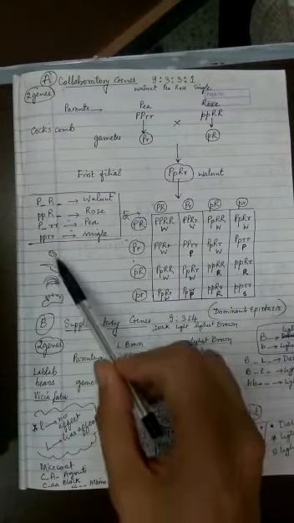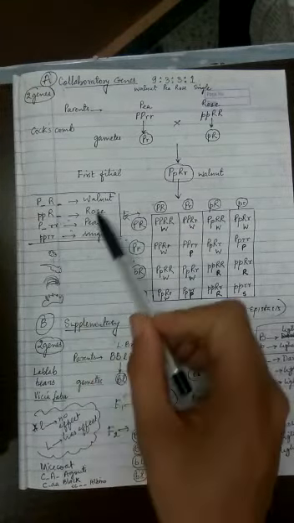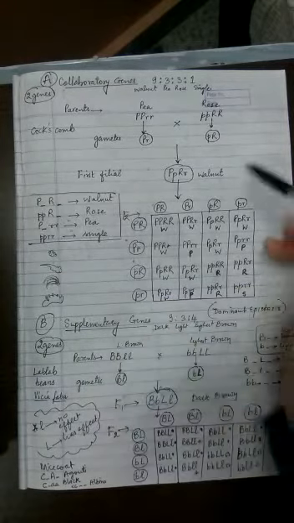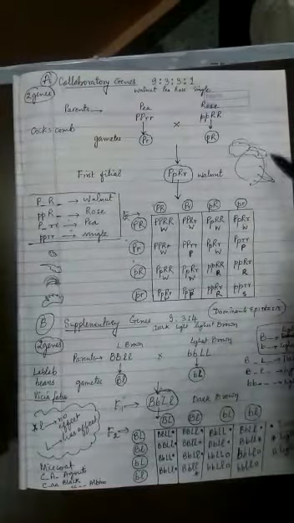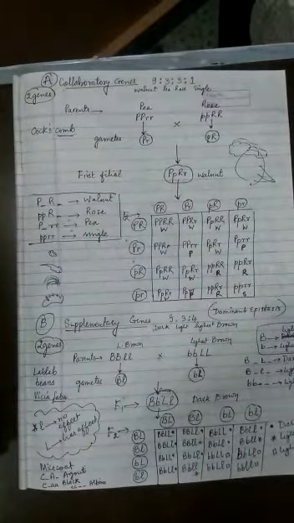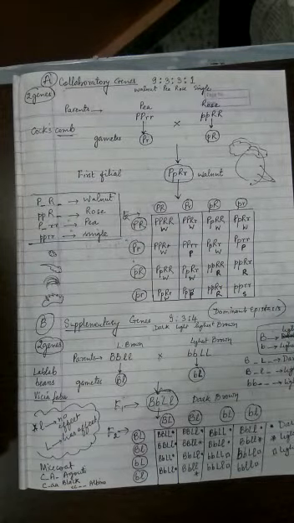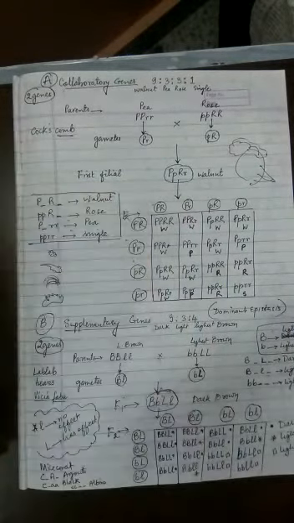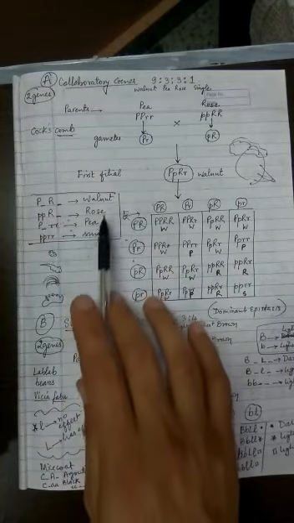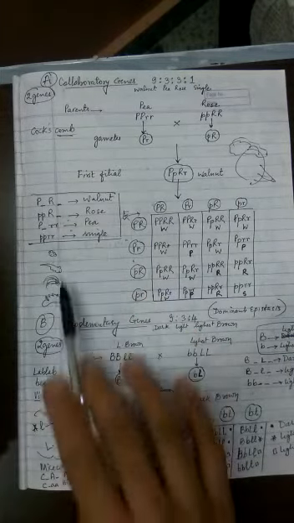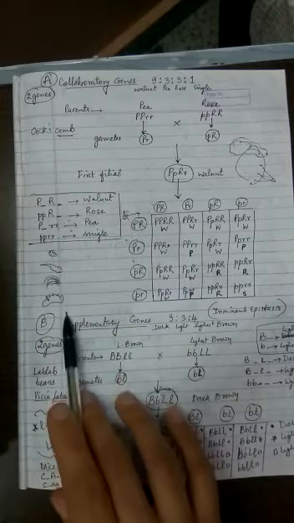If the shape of the comb is of this type, it is called walnut shape. On the head of a chicken you will find something on top. That structure is called the cock's comb. So this comb shape is of four various types, and this shape is controlled by how many genes? Two genes. So cock's comb shapes, only four are possible: walnut, rose, pea and single. I have mentioned in the diagrams in the same sequence.